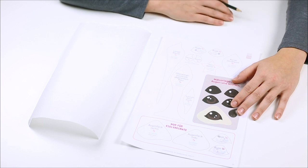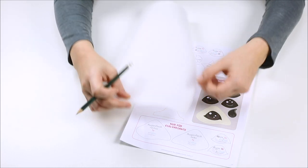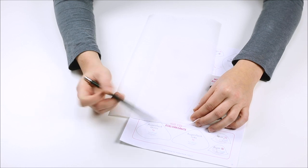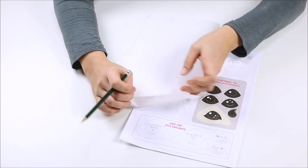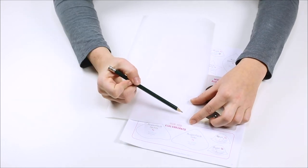Next, we continue with the eyes and nostrils, including the blaze, and we have to transfer these elements to a double-sided iron-on adhesive webbing like heat and bond. Those double-sided iron-on adhesive webbings are available from many other brands. So you have different options depending on what's available in your area, but the principle is the same for all of them. You have a double-sided webbing, just like a double-sided tape,